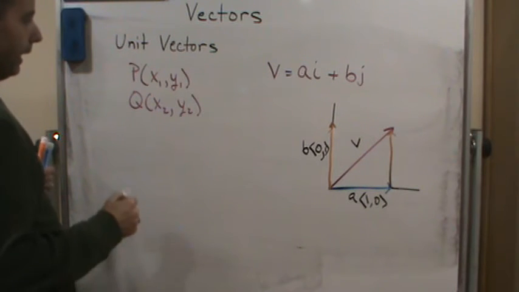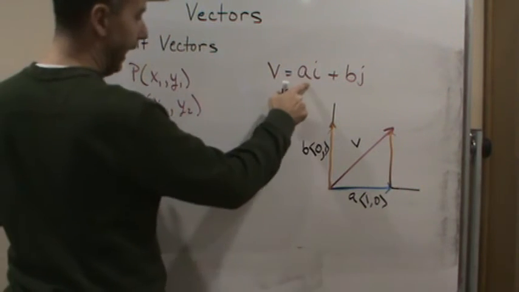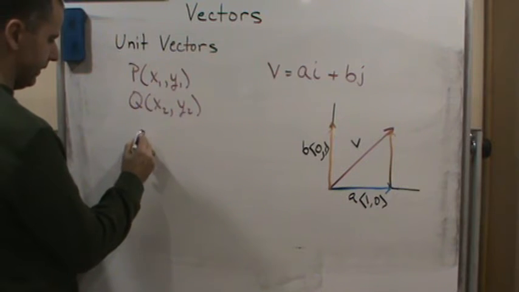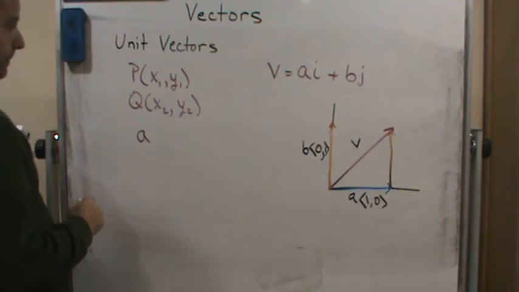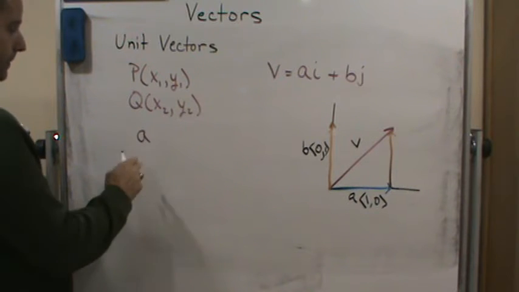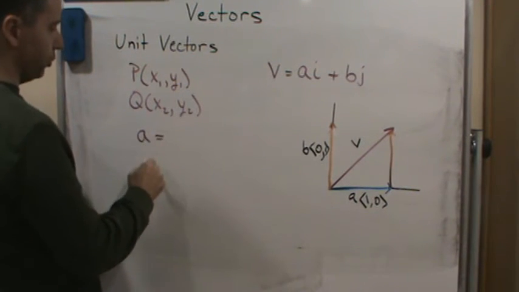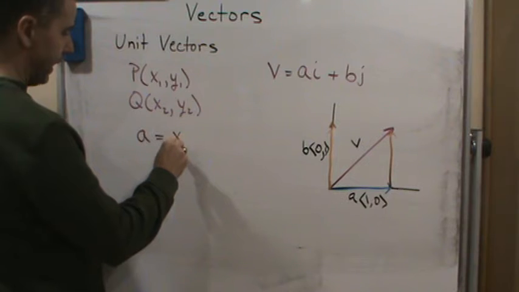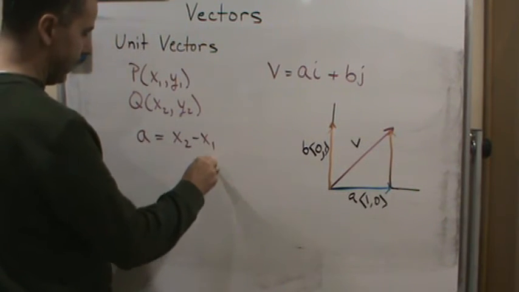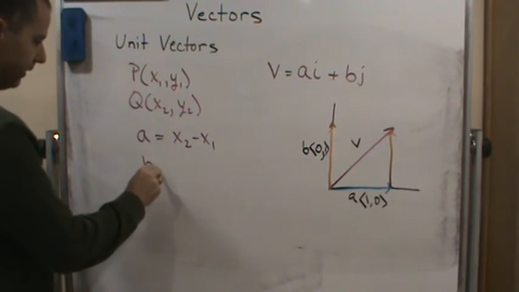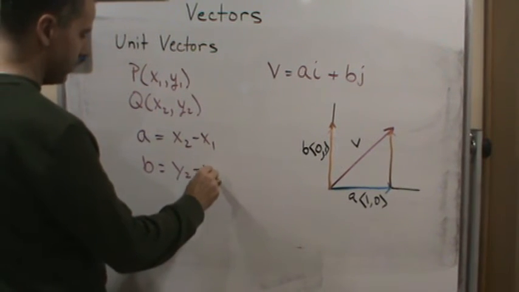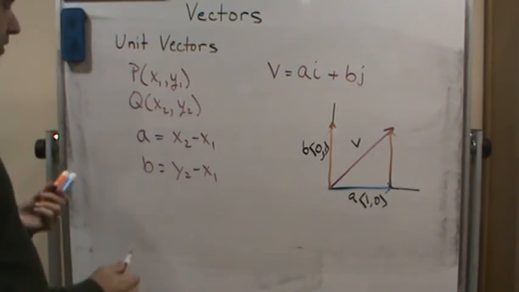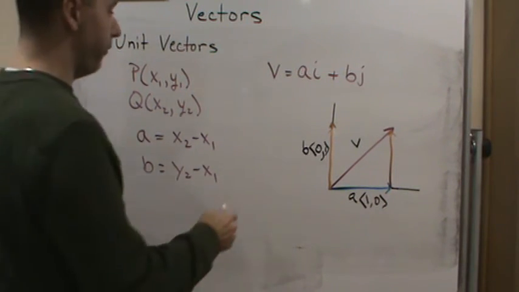Well, a turns out to be equal to x2 minus x1. b turns out to be y2 minus y1,